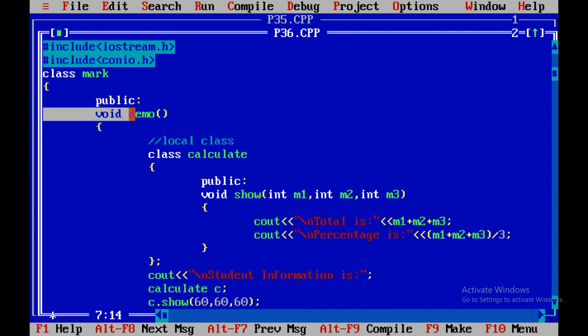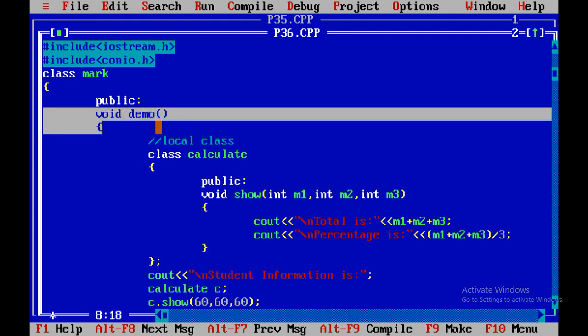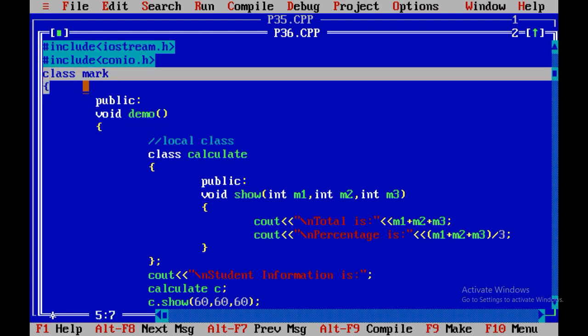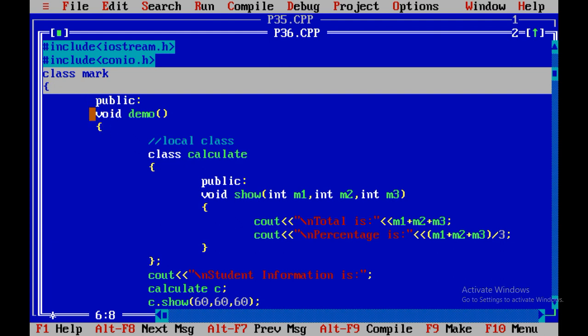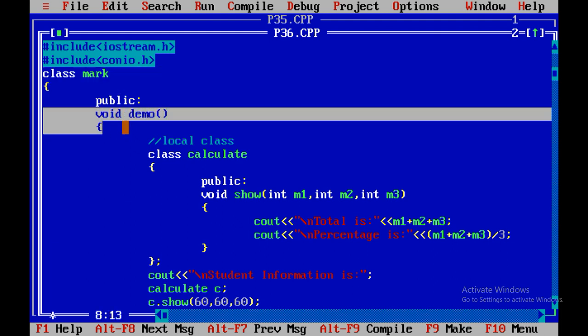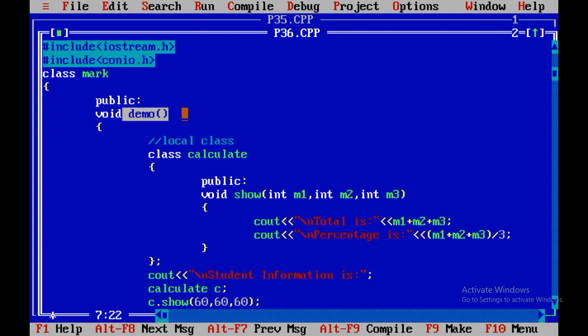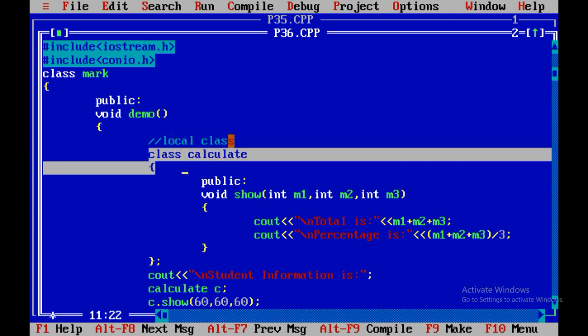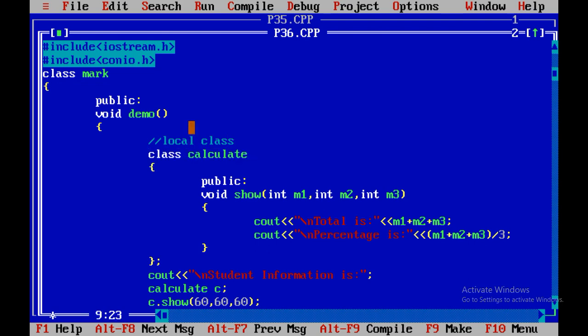So first of all you need to create object of demo class, and then you need to create object of mark class. At that time, with the help of mark class object, you can call the method of mark class, that is demo method, right? And over here we can consider calculate as a local class.